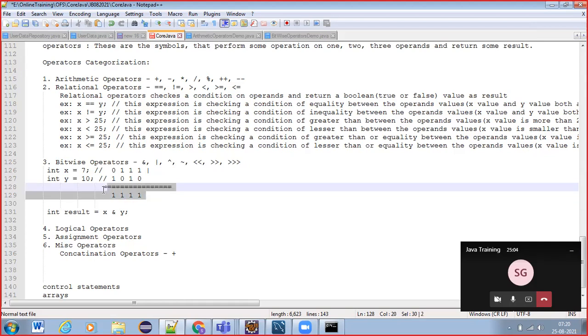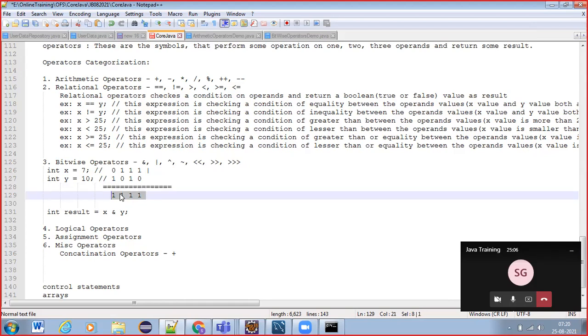So here, what would be the value? 2 power 0, 2 power 1, 2 power 2, 2 power 3. So it will be 15, right? 8 plus 4 plus 2 plus 1.